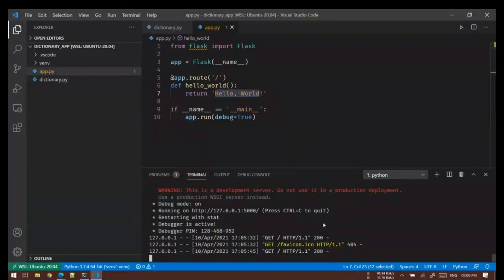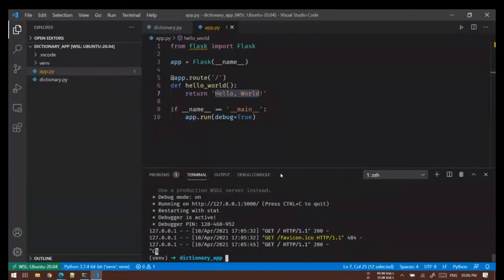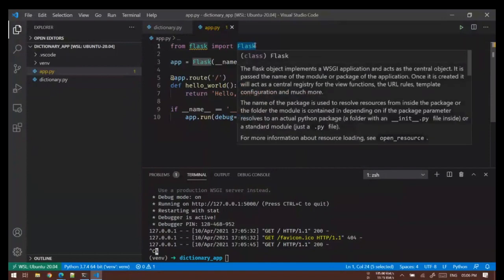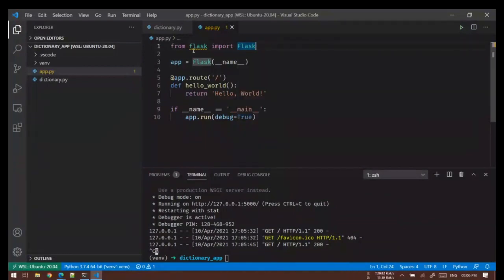So let's take a minute to understand how Flask works. You first import the Flask class from the flask module, and then you create an app object from this class. With this app object, you specify the route. So you can say when somebody visits this route, just execute this method.